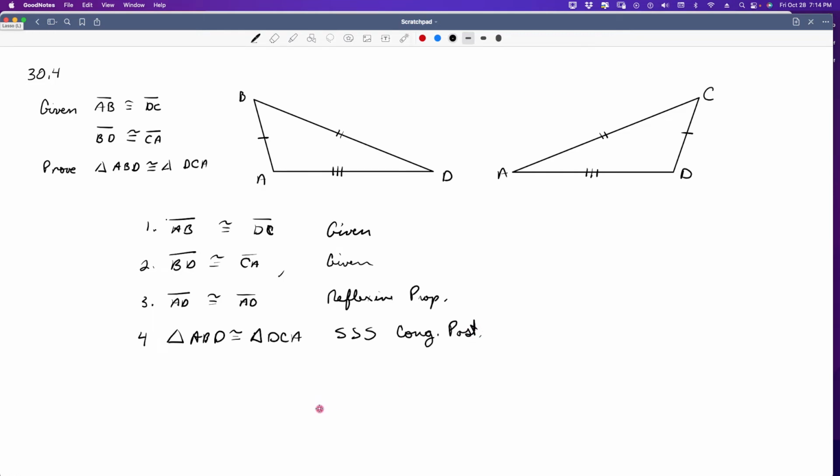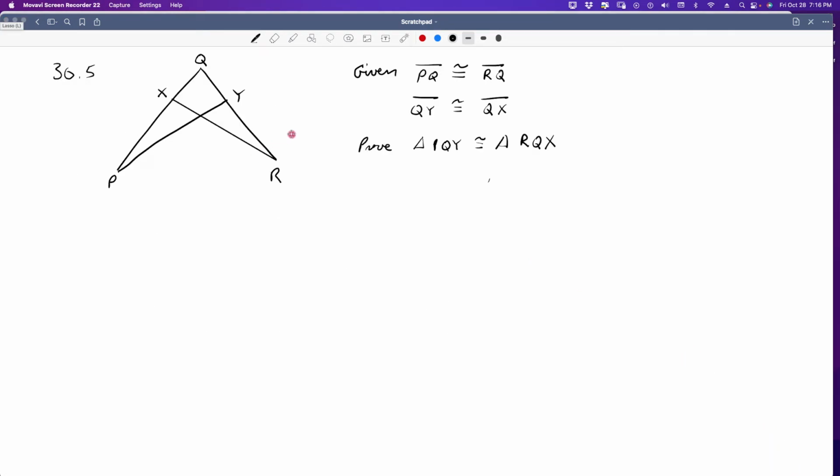Easy peasy. That's all that this entire section is about: separating them so you can see them, or rotating them around to make it easier to look at. So let me put another one up here for us. So here we have, again, overlapping triangles. If you want, you can undo them, right, to see them better. So that's what I'm going to do. I'm going to redraw